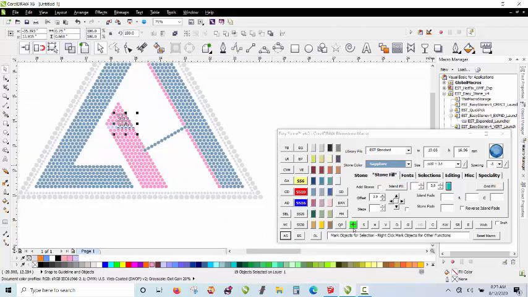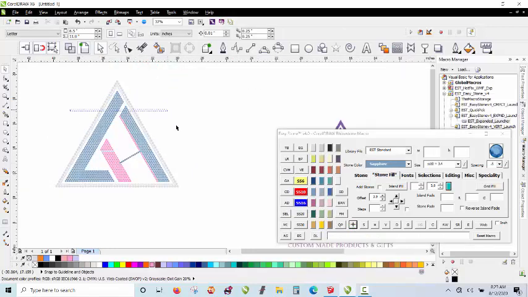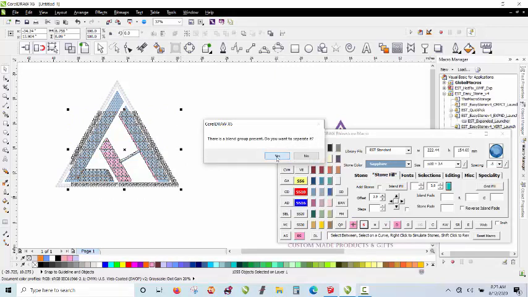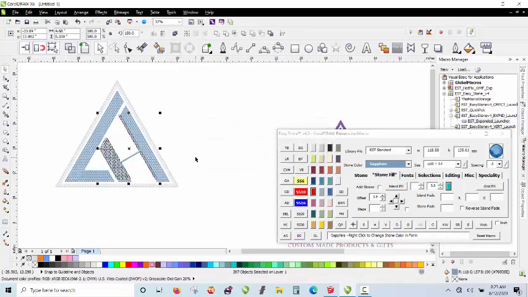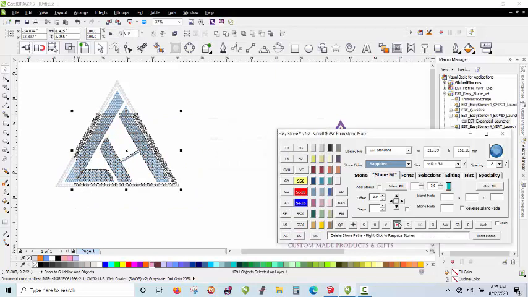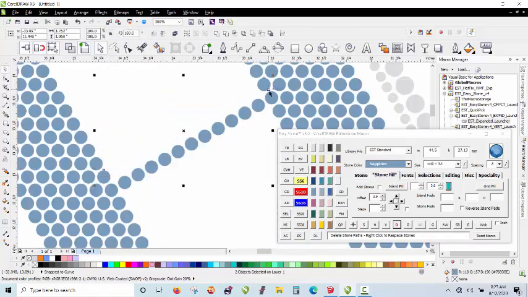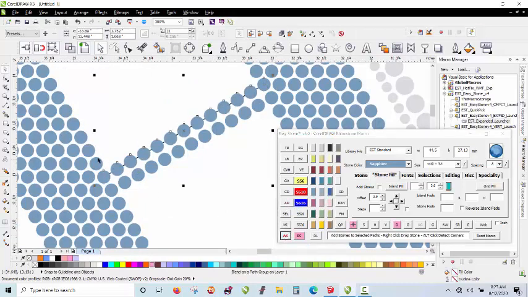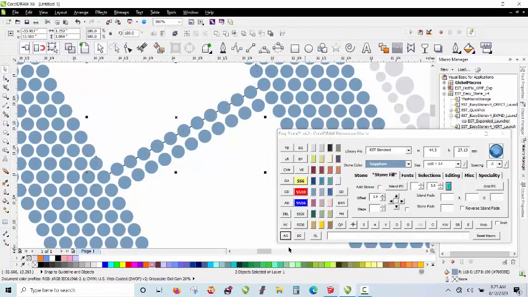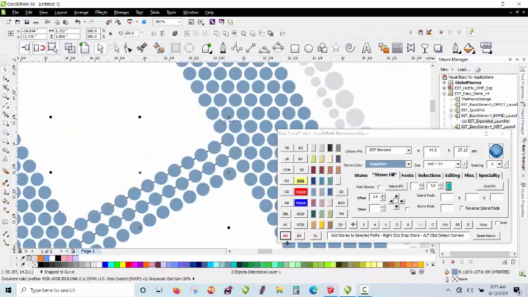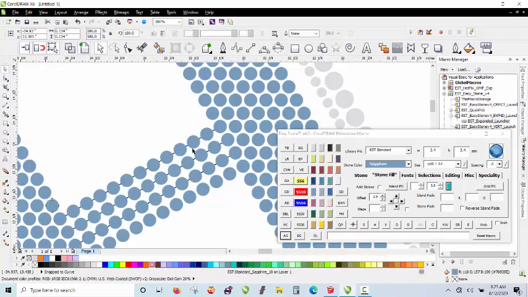I'm going to mark some stones. I'm going to select all of these and say yes. We'll go ahead and break my blend. And then what we have to do, of course, is we have to do 7 rows. So we have 1, 2, 3, 4, 5, 6,